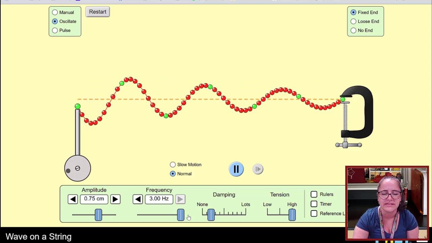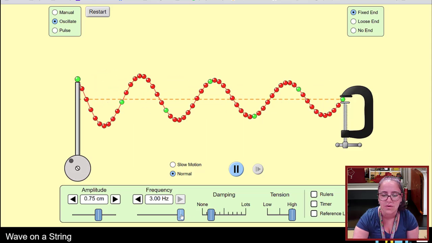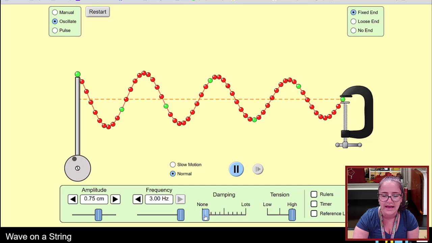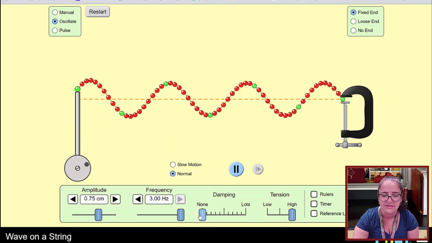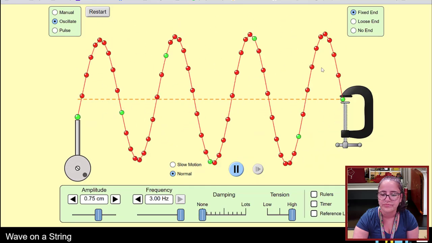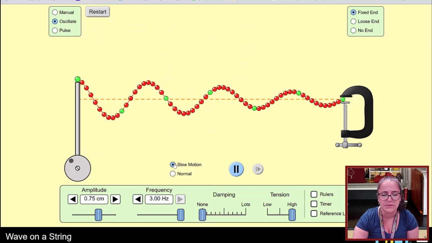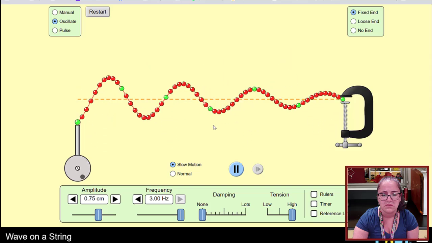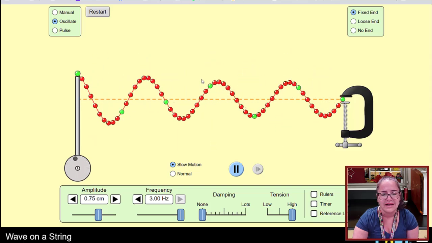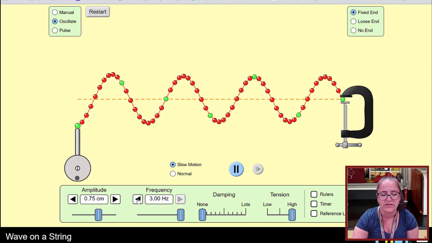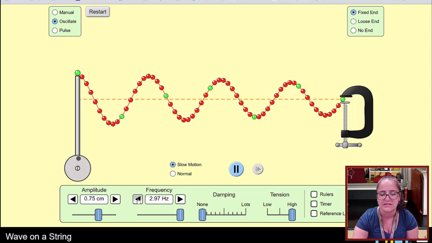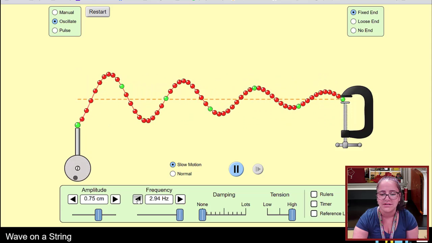See that wave moving? It's not staying in one spot. So we're not quite on that harmonic yet. We'll turn the dampening down so it's a little bit more. Okay, closer. Okay, let's put it in slow-mo. I don't know. I think I see that wave moving just a little bit, but it's pretty close